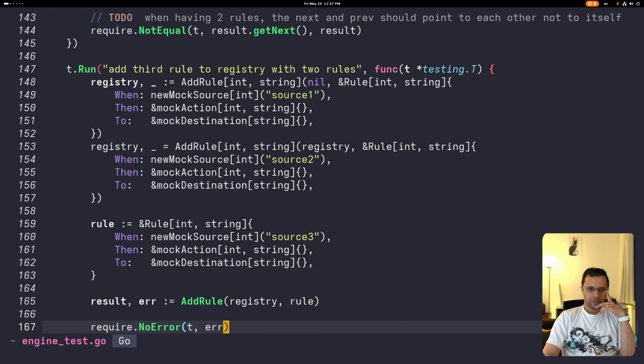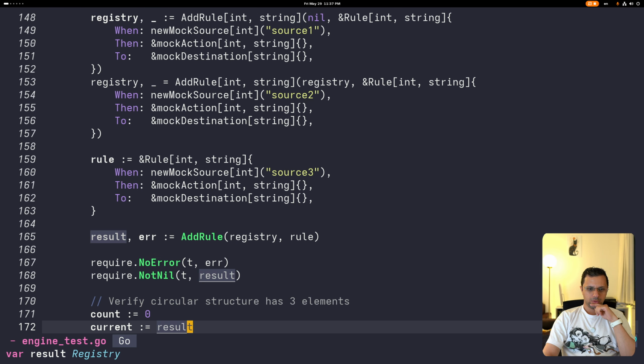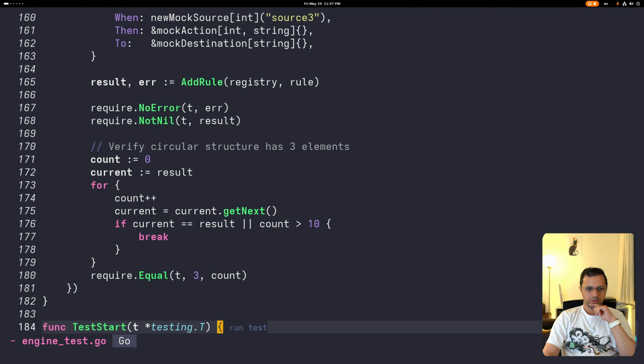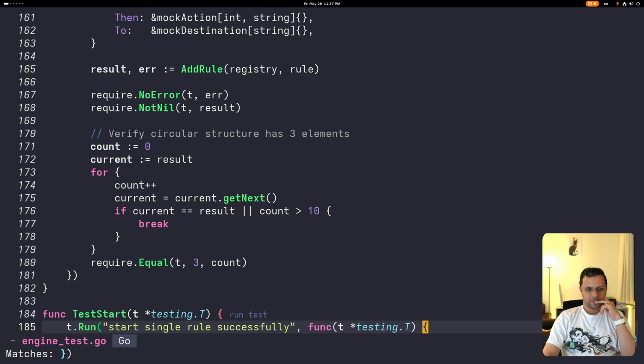At third rule, yeah, okay, here, you have one, you have two, and then the last one. If a circular structure has three elements. Okay. So the current, I have current at next. Current break, okay, equals 3. Okay, this looks like it's working, but